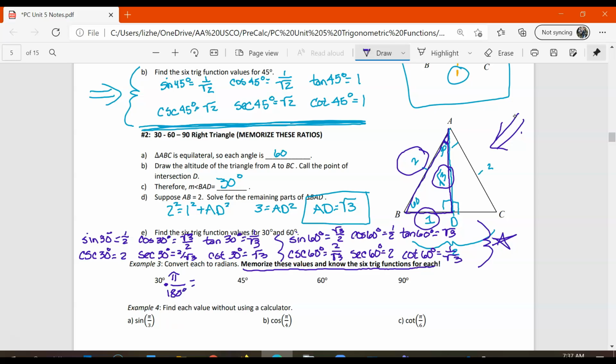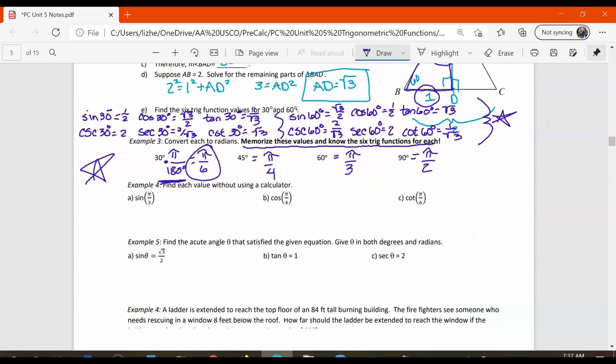You will get a 30 degree is pi over 6. You need to know that. Pi over 6 and 30. 45, again, you would multiply by the same multiplier, and you would get pi over 4. 60 is pi over 3. 90 is pi over 2. You have to memorize those if you haven't yet. Example 4, find